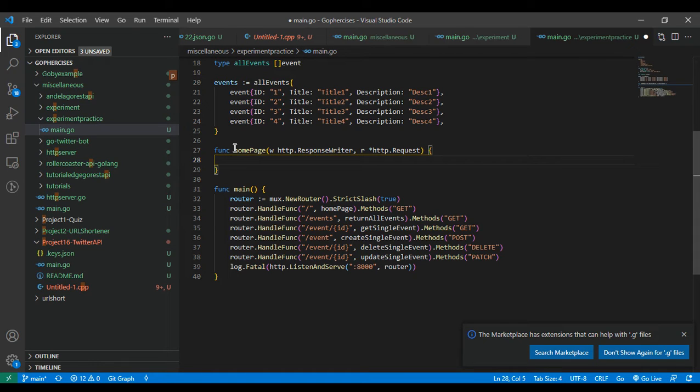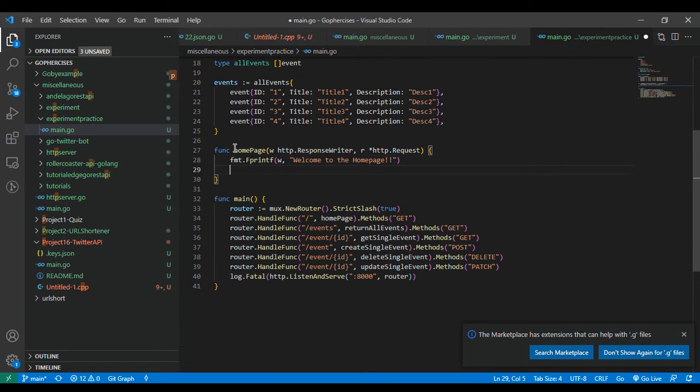So here we can just fmt.Fprintf, welcome to the home page. fmt.Println, endpoint hit: home page. So here we will be printing onto the screen that you've welcome to the home page, and fmt.Println will print to our console or to our command prompt that we have hit the endpoint,